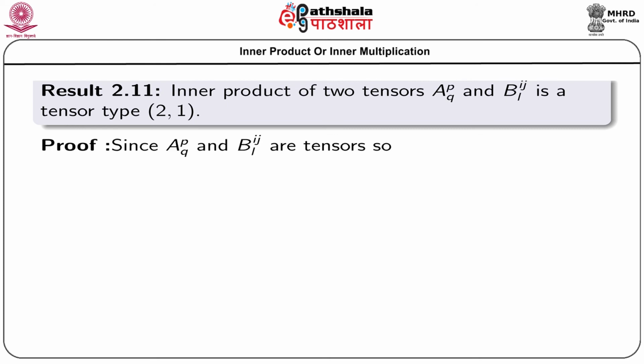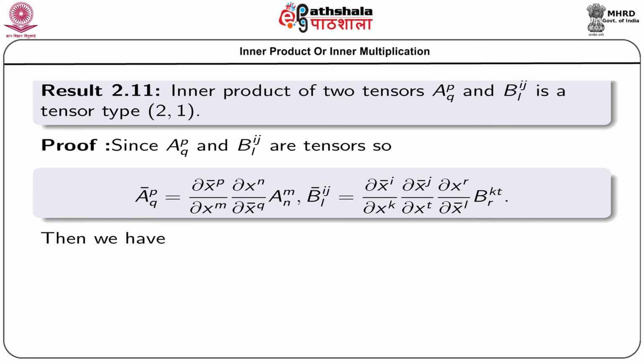Since A and B are components of tensors, they follow the transformation rule of tensor quantities. That means A bar^{pq} equals del x bar p del x^m del x^n del x bar q A^{mn}. This is the transformation rule for A^{pq}, and B bar^{ij}_l can be written as del x bar i del x^k del x bar j del x^t del x^r del x bar l B^{kt}_r. So, this is the transformation rule for a 2, 1 tensor. Then